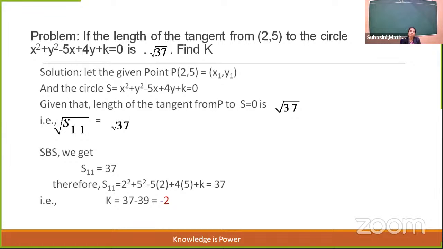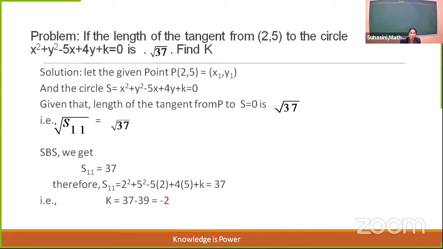In the previous problem, we have point P, circle S, and we have to find the length of the tangent. Here, the length of the tangent is already given in the question. This time, an unknown is inserted in the equation of the circle. So, the length of the tangent is a hint to find that unknown in the equation of the circle. Similarly, the first procedure for the solution is to write the given point. What is the given point? Let us name the point P(2, 5)